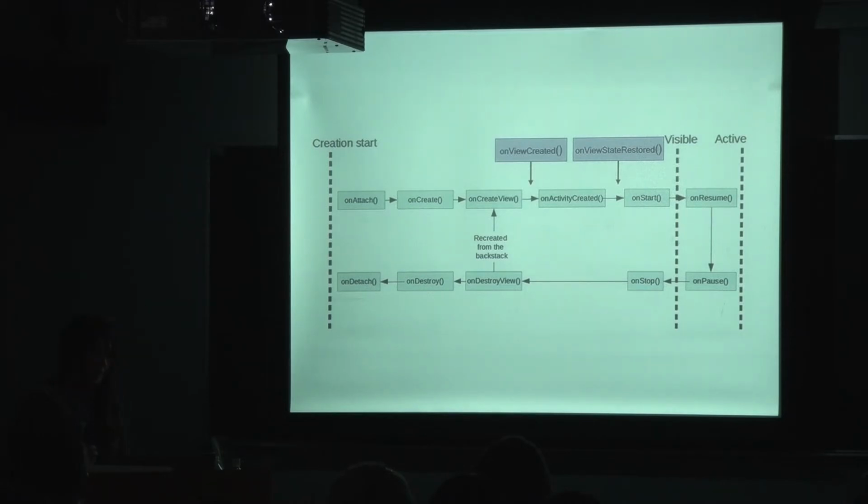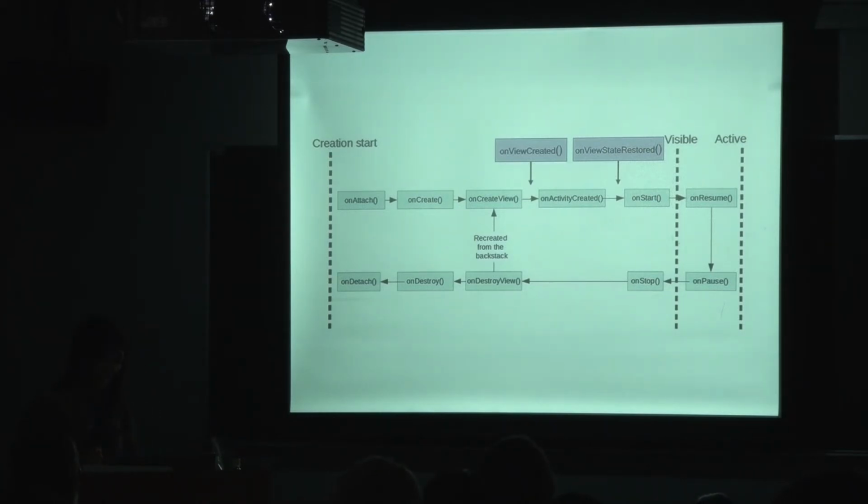OnCreateView just comes immediately. OnCreateView is where you want to return a view hierarchy that'll be displayed for this fragment, if this fragment has a view. I want to note that you don't want to attach this view to the parent view group yet, so you want to pass false in that last argument, which I'll show you later on. And this will occur for you automatically at a later time.